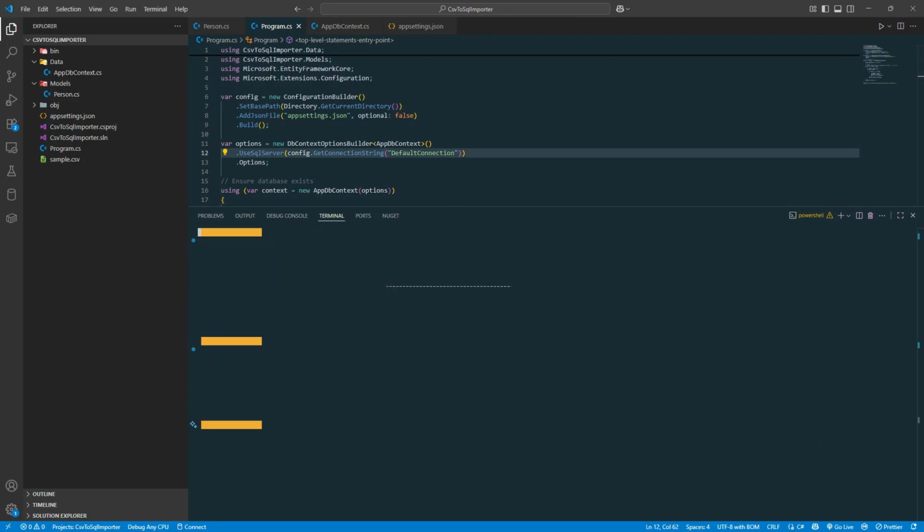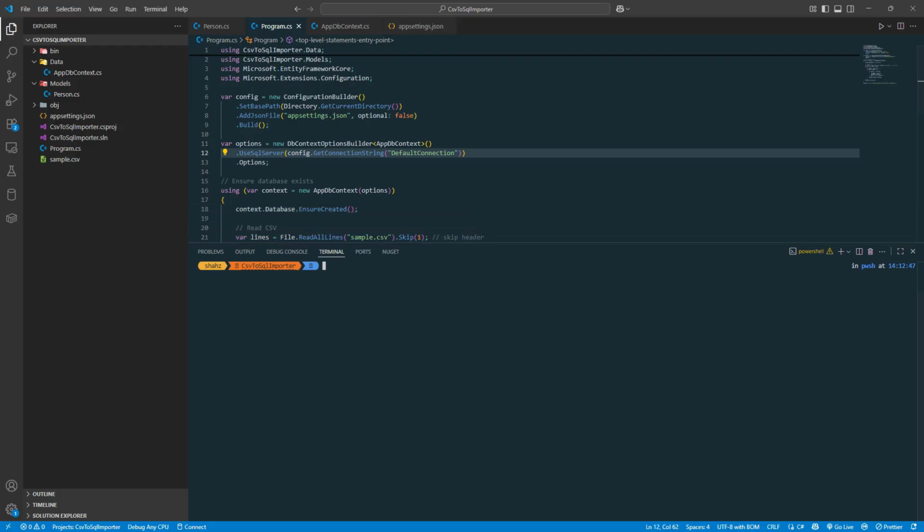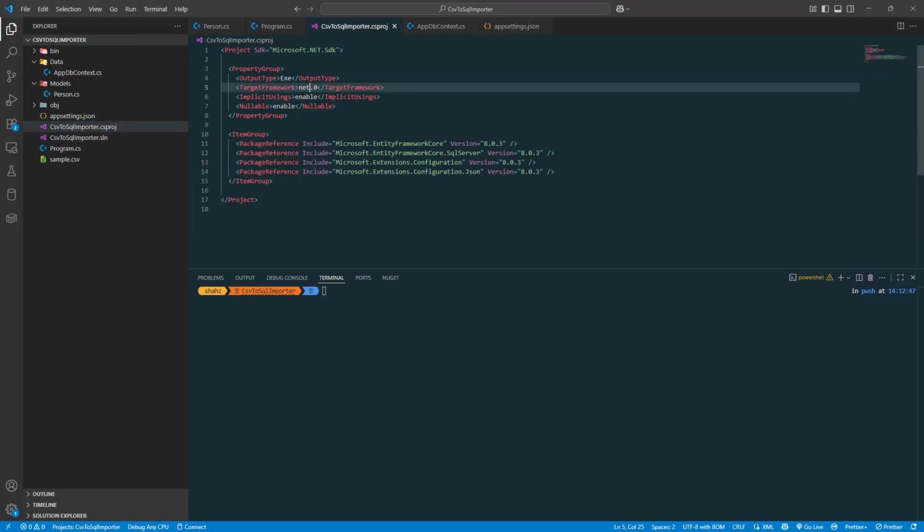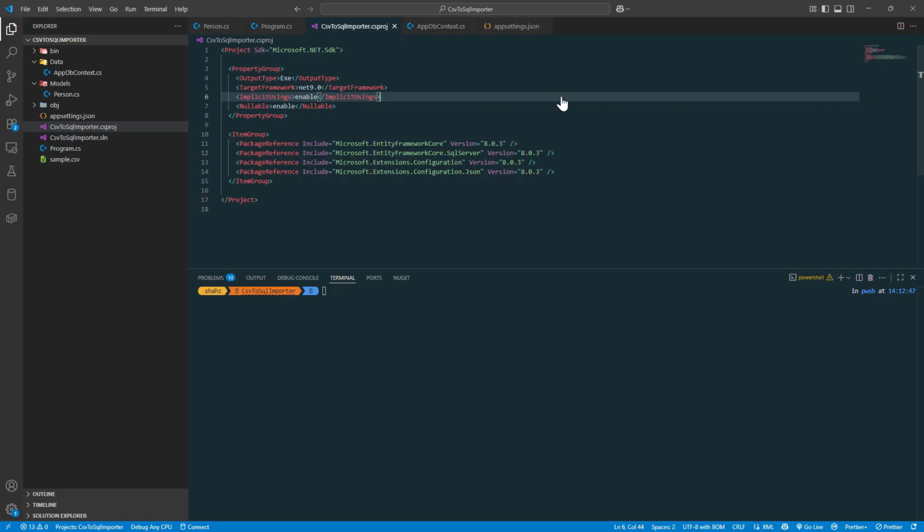Let me clear everything. So now let's see how we can upgrade this to .NET 9. It's very simple. First step is to go to the project and convert it from .NET 8 to 9. In our CS project file, make sure that instead of .NET 8 you mention .NET 9. You update to .NET 9, and then we have to upgrade all our packages